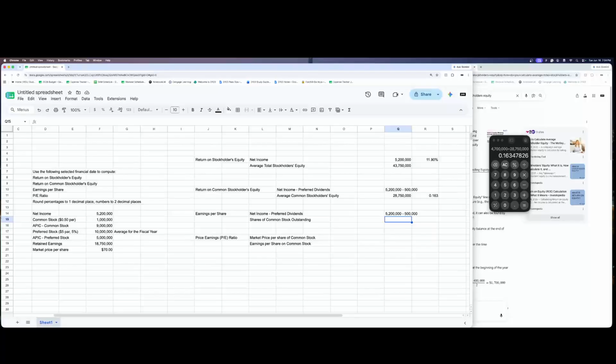So how do we calculate outstanding common stock? For example, if a stock has been issued and it's out there circulating, that's the outstanding stock. The outstanding stock could be repurchased by the company and converted into treasury stock. But to calculate common stock outstanding,